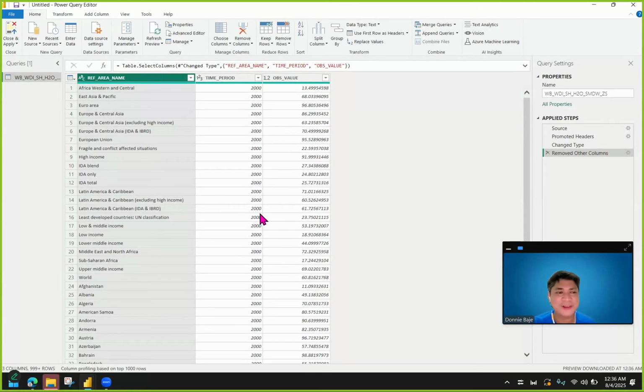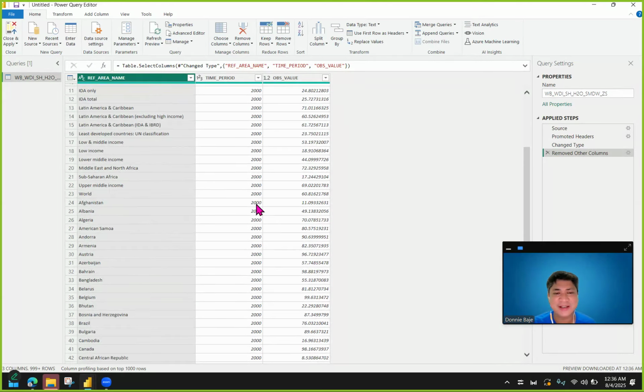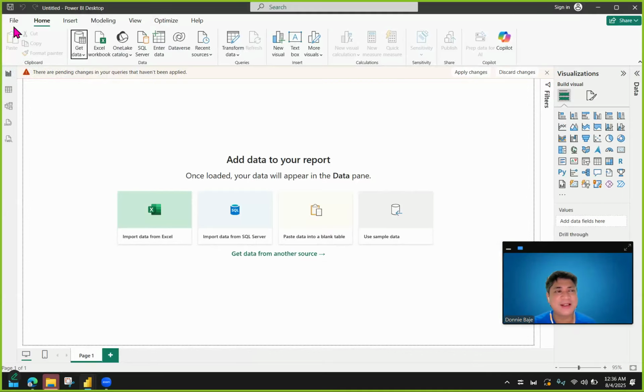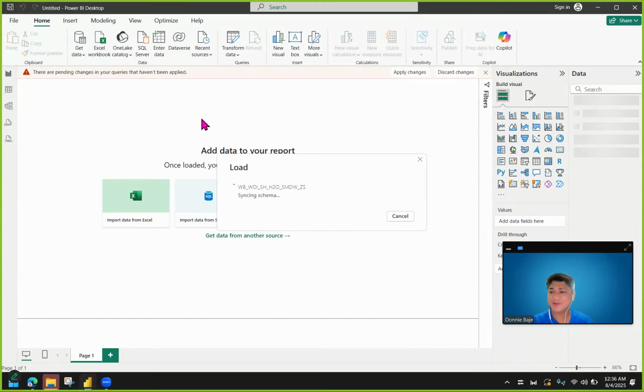So remove other columns, and now I have this data set with all the columns that I need for my report. I'm now going to go to Home and go to Close and Apply in order to load this data into Power BI. So while Power BI is loading, just to give you an idea, the forecast that